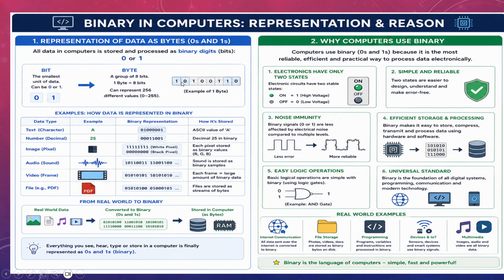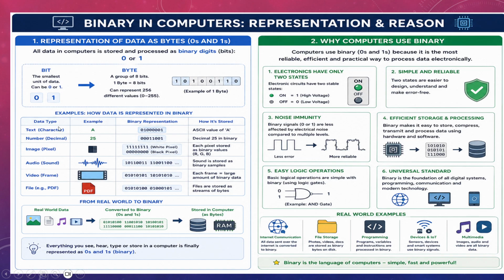An example of 1 byte: 1, 2, 3, 4, 5, 6, 7, 8. These 8 boxes make 1 byte, 8 bits, and each is called a bit. Now I am covering how data is represented in binary. These are the different types of data available. This is not Python data; this is the actual data coming from the real world. It can be text like ABCD or your name, a number, a decimal, an image, audio, video or a file. All this data comes from the real world.